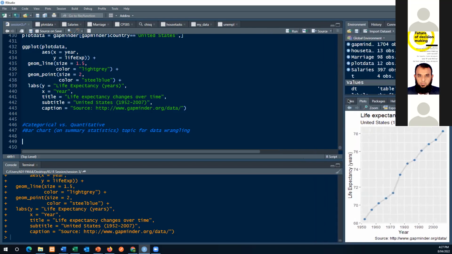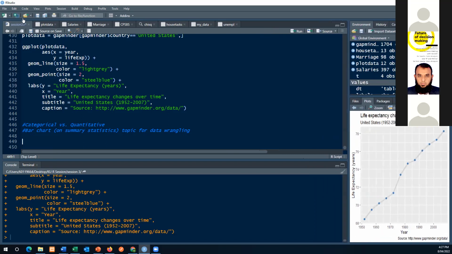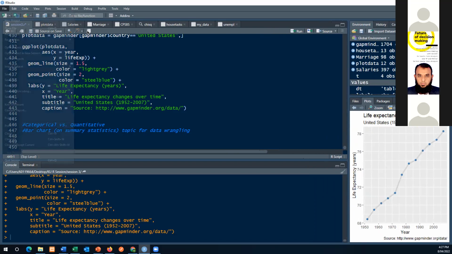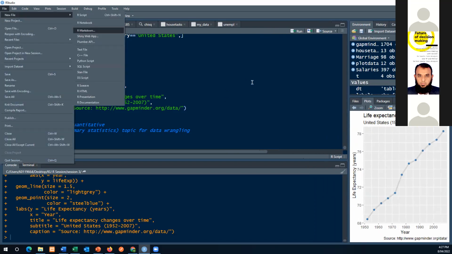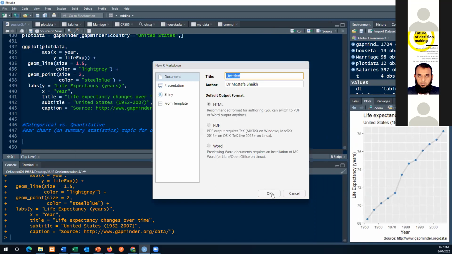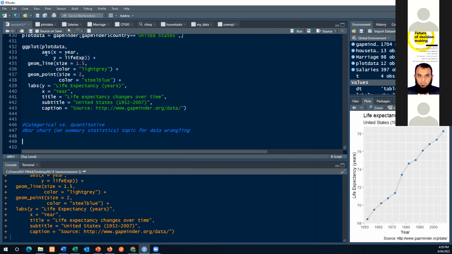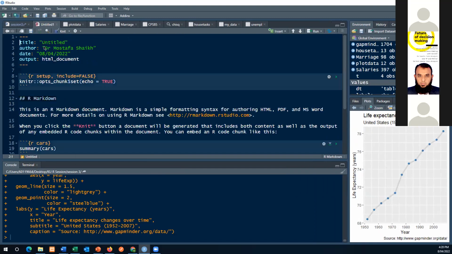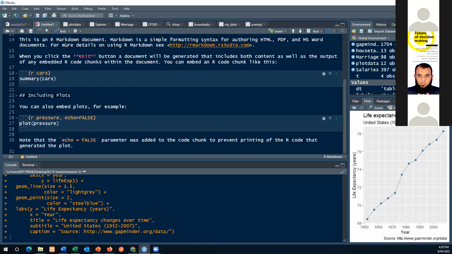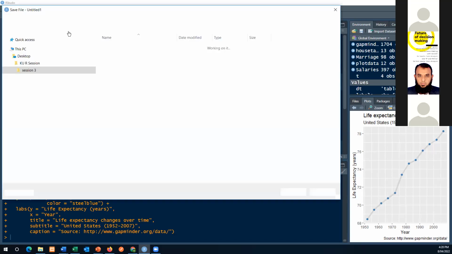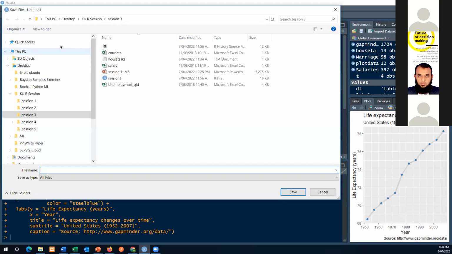Yes. I think if you say file new, there is a thing called Markdown. So I just create a dummy text, for example, whatever is here. Then if I knit it, I can knit it as a PDF and an HTML. Whatever R code I write in between, for example, I knit it so that it outputs as an HTML. So you can see